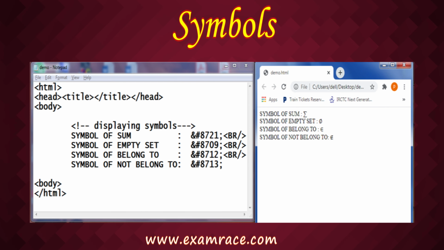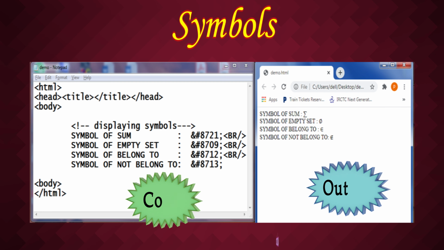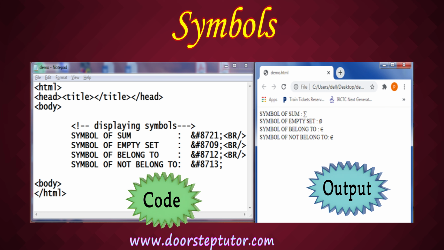Here I have taken two snapshots. In the first snapshot, we have the code to use the special symbols, and in the second snapshot, we have the output. For displaying the symbol of sum, we have a special code: ampersand, hash, 8721, and in the last we need to put a semicolon.